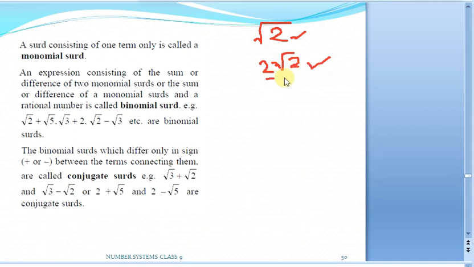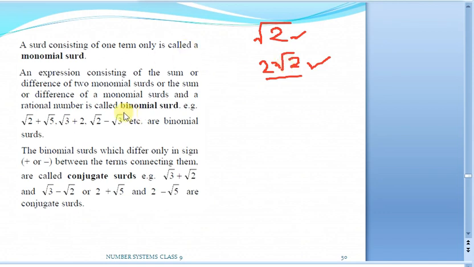First of all, check whether it is a surd. Why is it entirely a surd? Because root 2 is an irrational number. When you multiply it with 2, check, the decimal expansion won't end. When you take twice also it won't end. So the entire result also will be an irrational number. That is why these are the examples I have given for monomial surds. You can make your own examples. It has to consist of only one term.